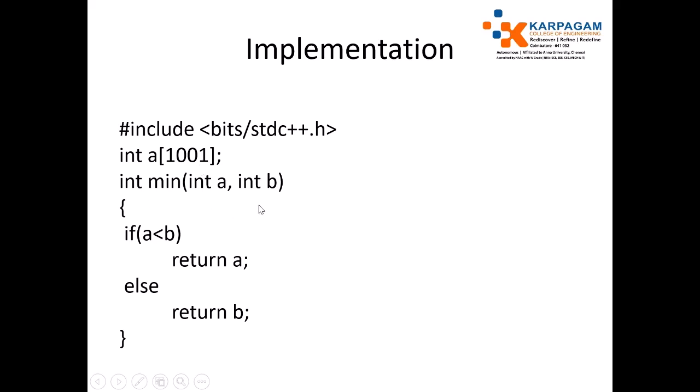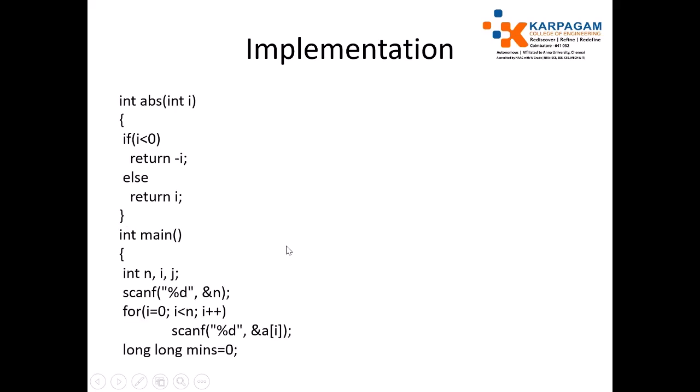And for finding the smaller of two numbers, we use this condition, which is very easy. And for finding the absolute difference between the numbers, just check if it is less than 0, then convert it into a positive value. Otherwise return the same value.